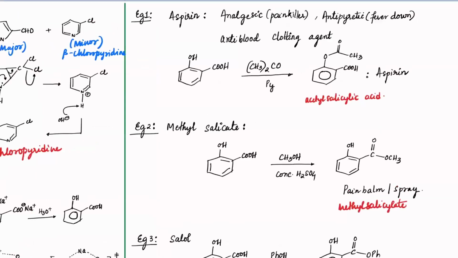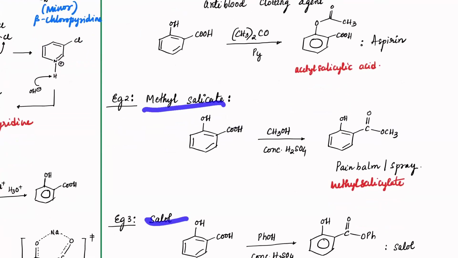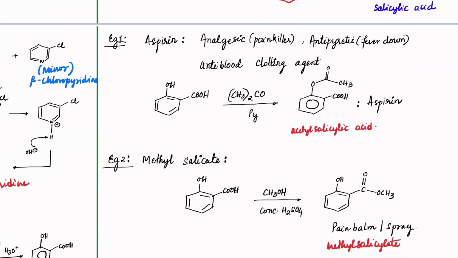Check how to prepare these compounds. One is aspirin, methyl salicylate, and salol. First, aspirin. Aspirin is generally used as an analgesic, which is a painkiller in our body. It is an antipyretic, that is a fever reducing drug. It can be used as anti-blood clotting. So this aspirin is always used as a first aid whenever a heart attack comes. So you can see that it will help in